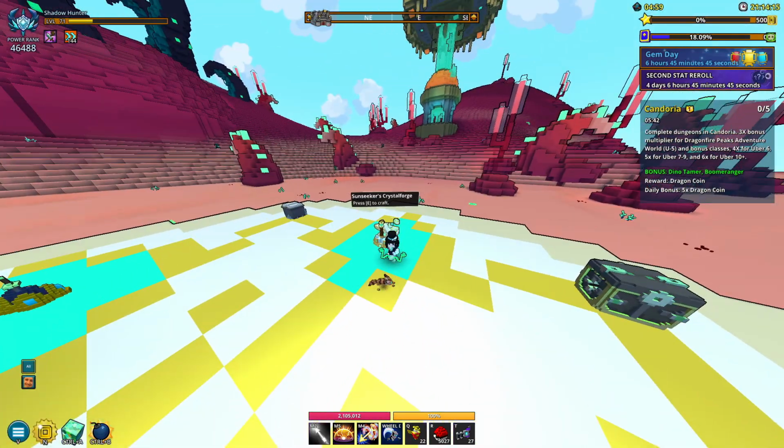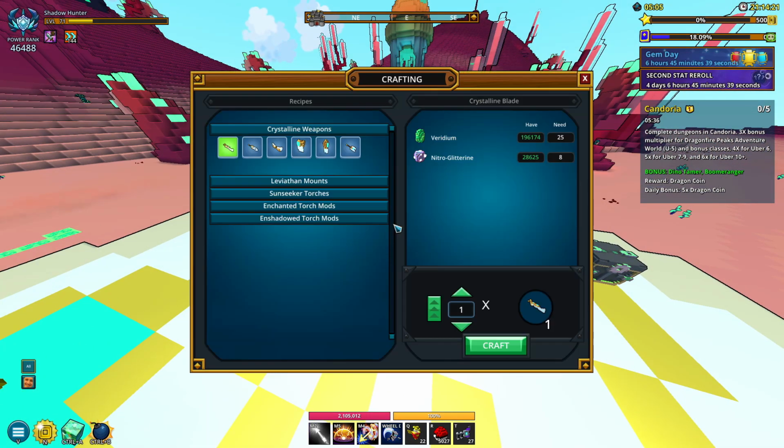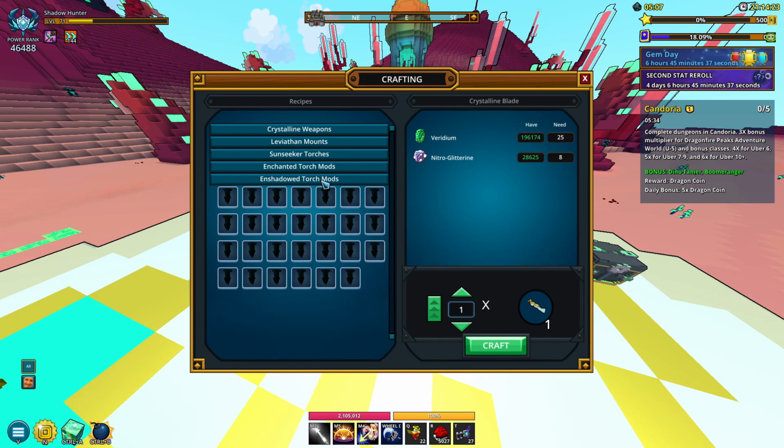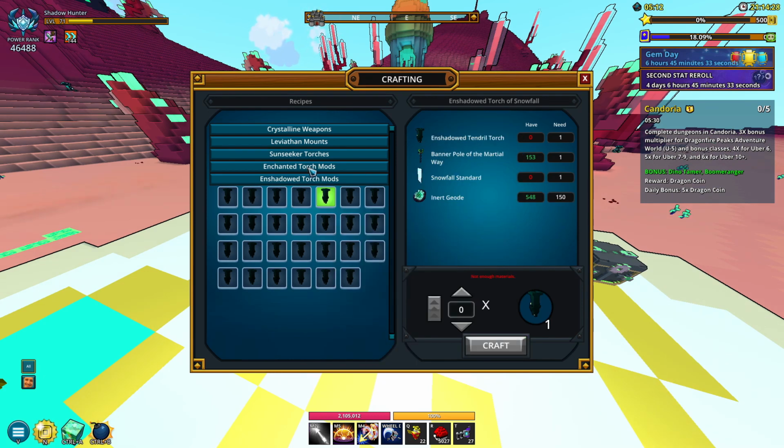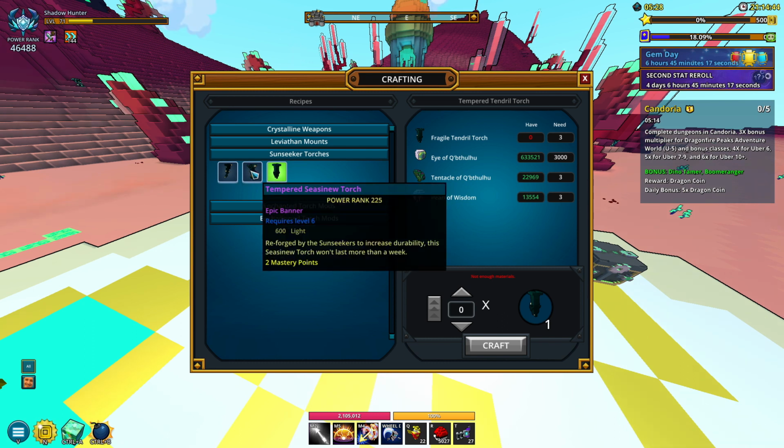But I do want to talk about this bench over here. I'm over here in Uber 11. You can go to the other ones as well. Let's go to this bench here and you can check out the Enchantment Torch mods. Now all of this is for U10, all of this is for U9. There's none for U8. And then here you can craft your weeklies, but you don't really have to worry about